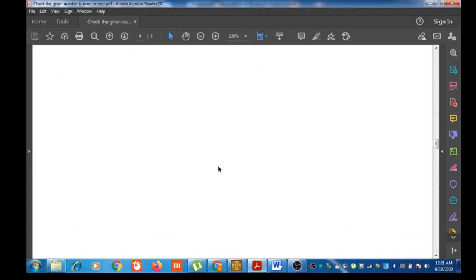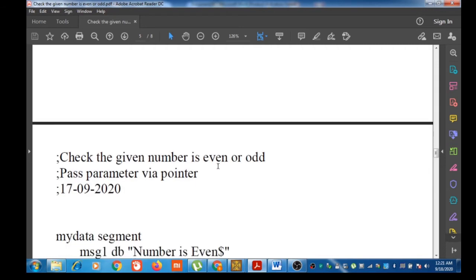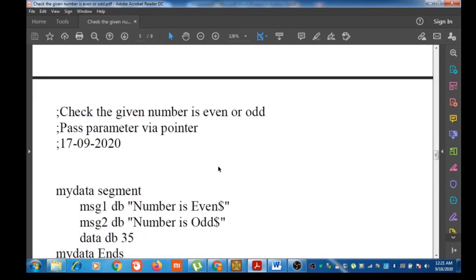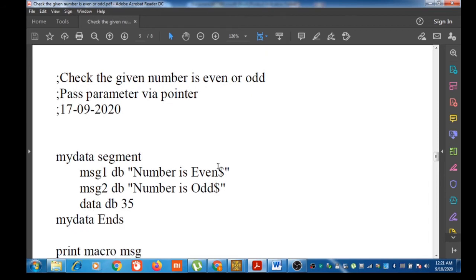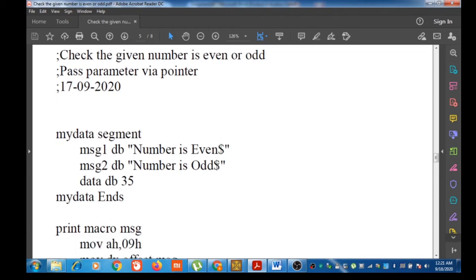Next, let us see the third method, that is by keeping a pointer inside a register, and inside the procedure it is accessing the data using that pointer.